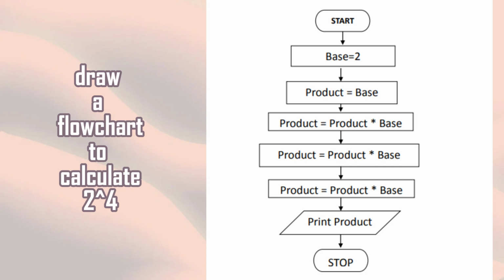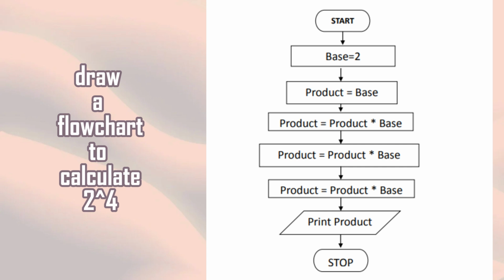The upper sum is done and the product from the upper portion is being used here, multiplied by the base. The answer of this product will be used in the next processing box, and the answer found in the next processing box will be used in the second last processing box, and that's how 2 multiplied by 2